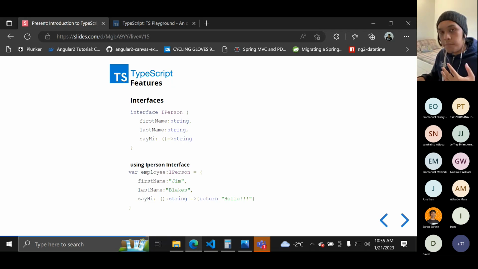So you can define a new type using an interface. In order for you to use this interface, you will just use it just like a type. In this case, employee colon IPerson. So the IPerson is now acting as a type, and that employee will contain the properties and the function of that interface.